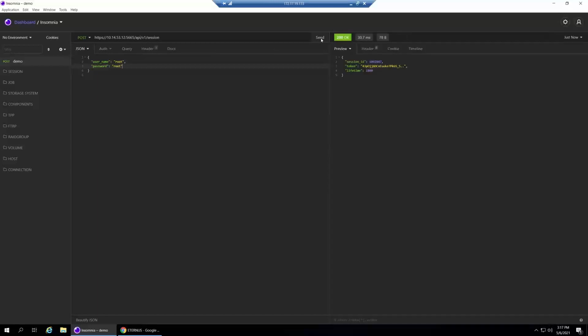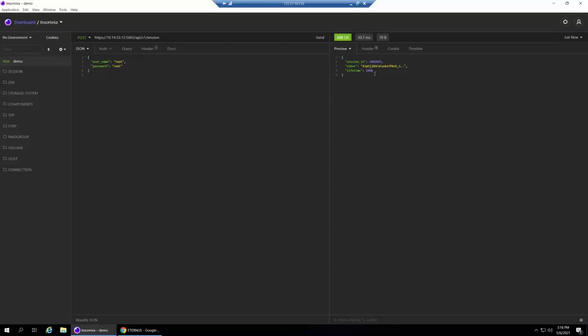If we send that query right now, we have a result that we have a new session created with the current ID. We have the token. This is the authorization token that we will need to use for each query that we will issue to the system. So this is really important. We will be going back and forward to copy paste this token to be authorized to issue any other commands, any other queries.